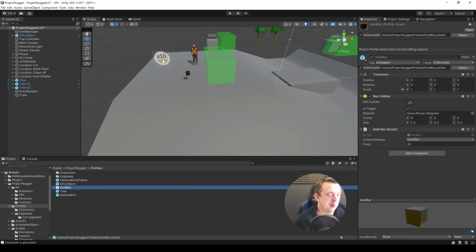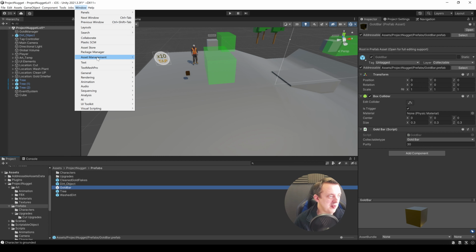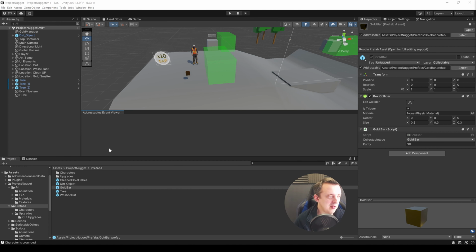That's cool. Because I'm running around this mine, clicking and generating gold and spawning bits and pieces all over the place, I wanted this to be as performant as possible. I didn't want to keep instantiating and destroying objects and having all these upgradable art assets loaded into memory the very second my game was run. So let me show you what I mean. If I bring up the addressables event viewer, and dock it over here,